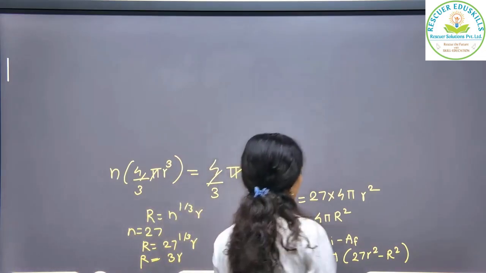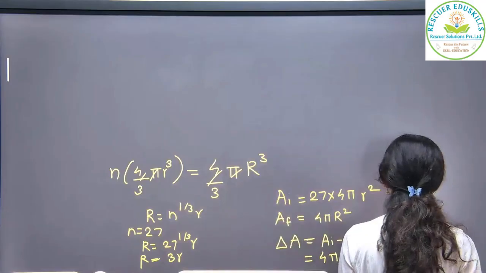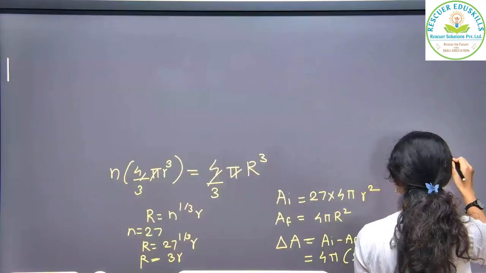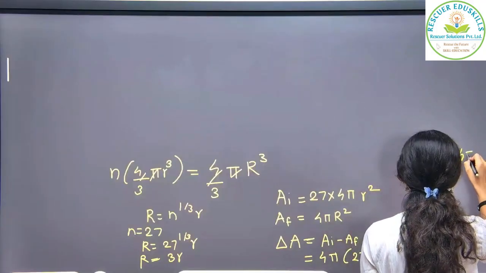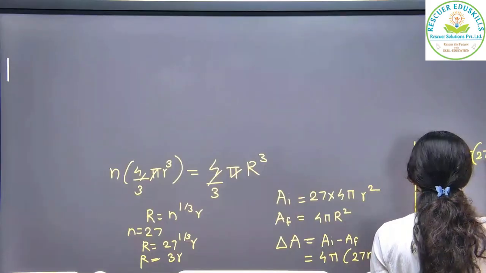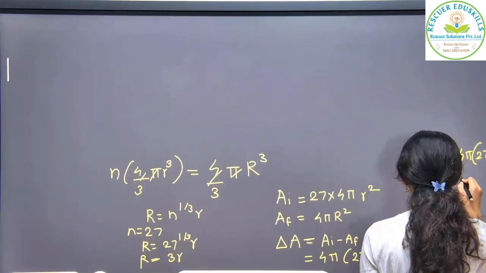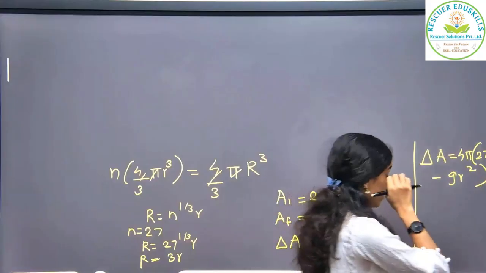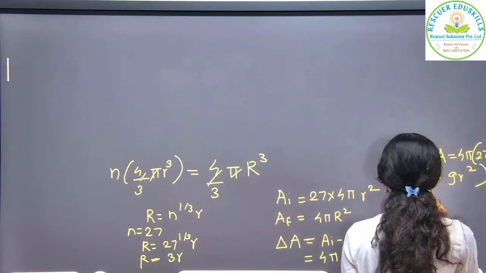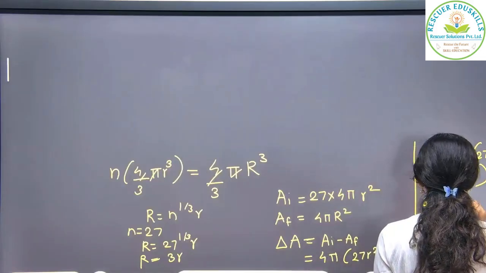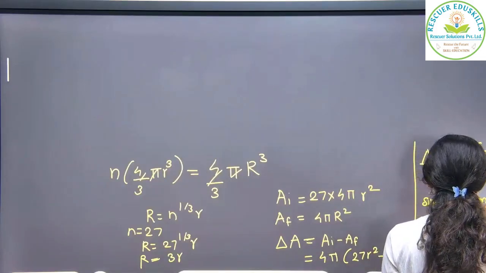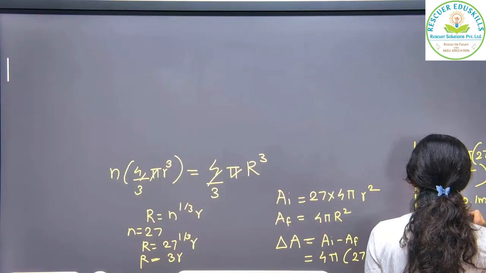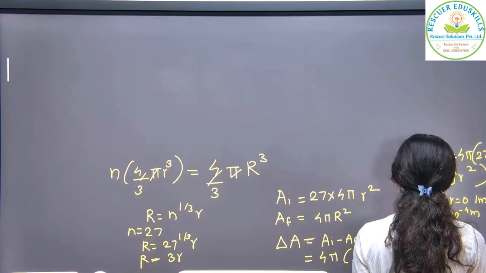Okay, so now we are going to substitute R. Substituting R, we can write del A as 4 pi into 27 r square minus 9 r square. Okay, we have substituted the value of R. Now, what is the value of r? Since r is equal to 0.1 millimeter, we can write it as 1 into 10 to the power minus 4 meter. So therefore, delta A we can write as,